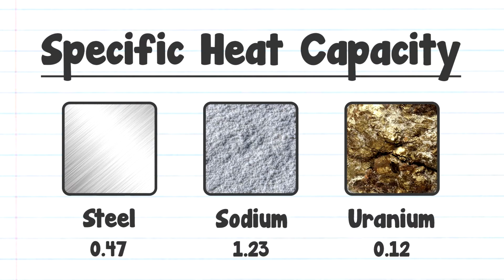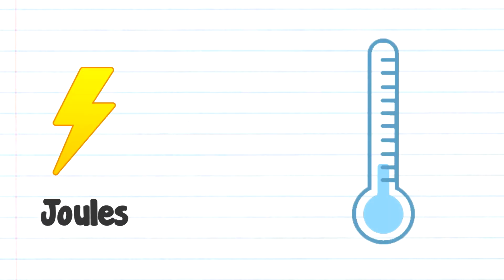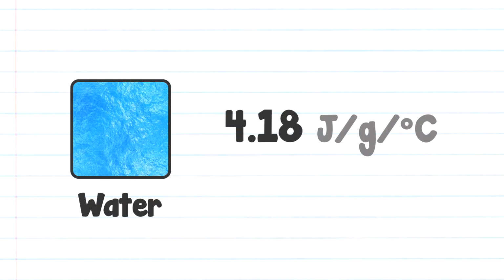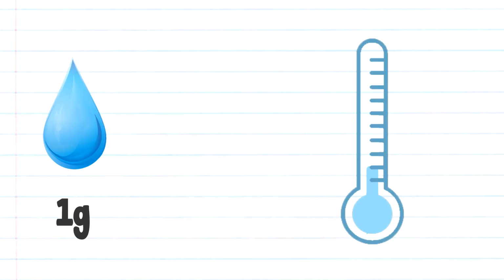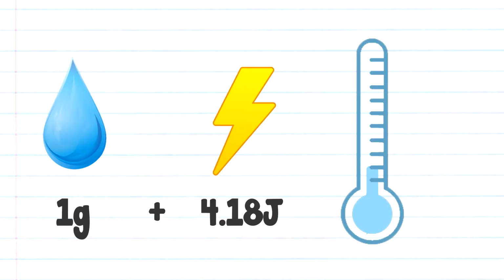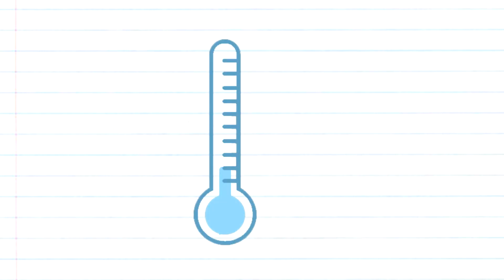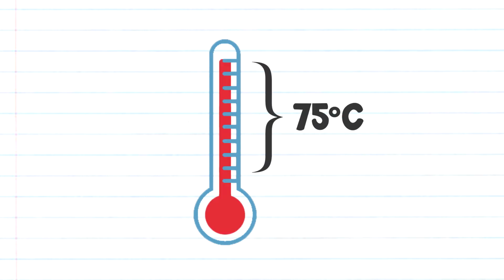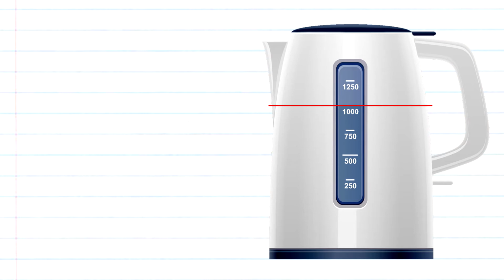Basically, every material has a different specific heat capacity, which is the amount of energy you have to put in to raise the temperature of 1 gram of the material by 1 degree. The specific heat capacity of water is 4.18. This means that it takes 4.18 joules to raise the temperature of 1 gram of water by 1 degree. For the app, I assumed that the starting water in the kettle would be around room temperature, which I took to be about 25 degrees. And we need to raise it to the point of boiling, 100 degrees, so we're raising the water by 75 degrees. To boil, say, 1000 milliliters of water, we need to transfer into the water 4.18 times 1000 times 75,